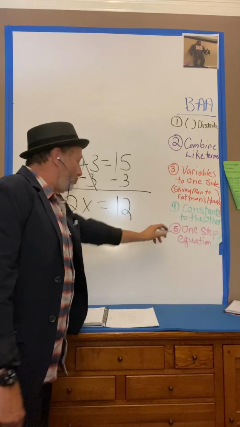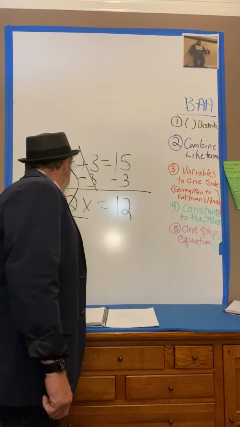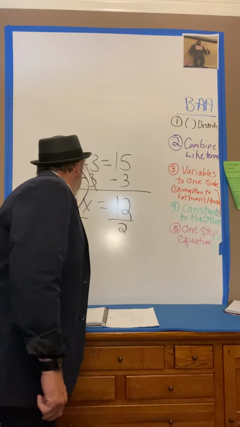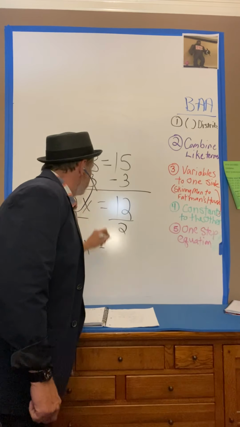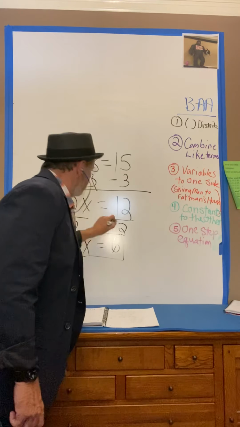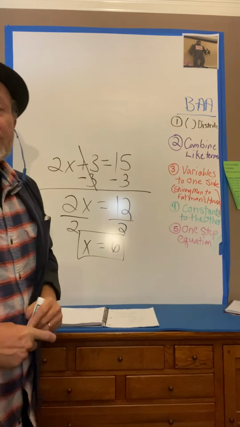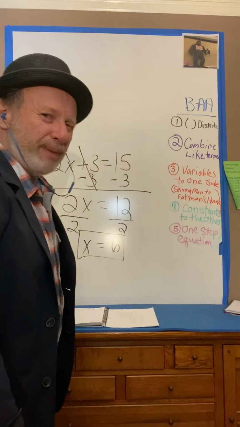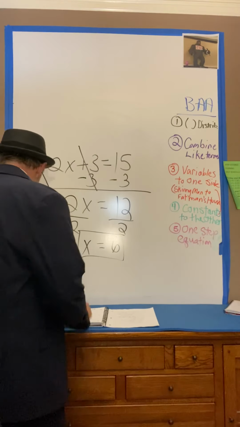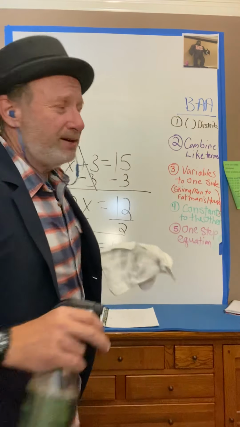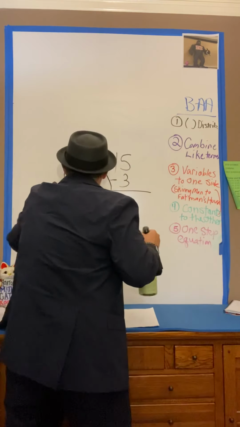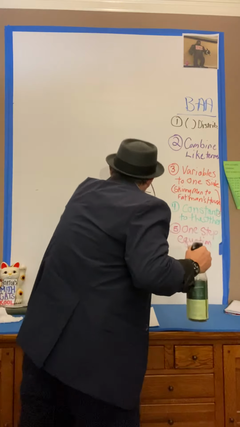Okay, now it's a one-step equation. Divide by 2, divide by 2. X equals 2 goes into 12 6 times. Box around your final answer. That's not too tough, is it? That's your basic two-step equation. Man, they don't get too much more basic than that. Okay? Now,